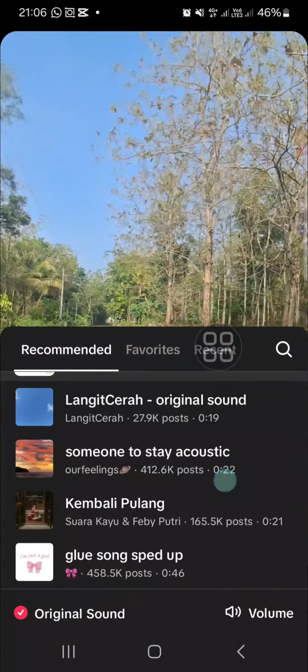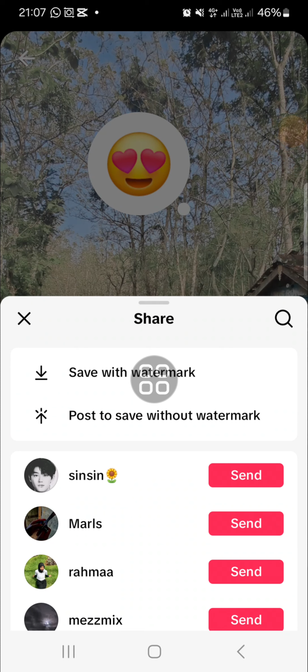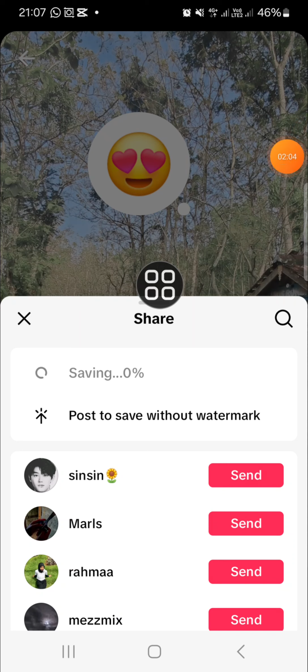Okay, and then once you're done editing your video, if you want to save it, you can go to this option, this little arrow, and then you can click on save with watermark if you don't want to post your video to your TikTok but you still want to save it to your gallery. I'm going to click on save with watermark, and just wait for a moment until the video has been saved